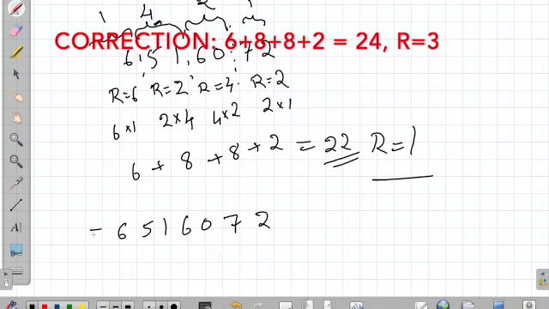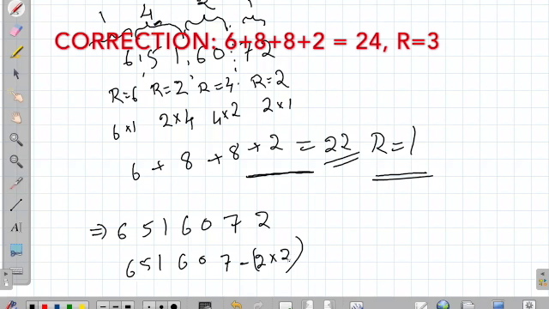Here the number of operations for a larger number will be less, and also this will give us the remainder, whereas in the other method, 2 times 2, and 6, 5, 1, 6, 0, 7 minus 2 times 2. This is what that method is. So here it's difficult to get the remainder. Whereas here we not only know whether it's divisible or not, but we are getting the remainder also.